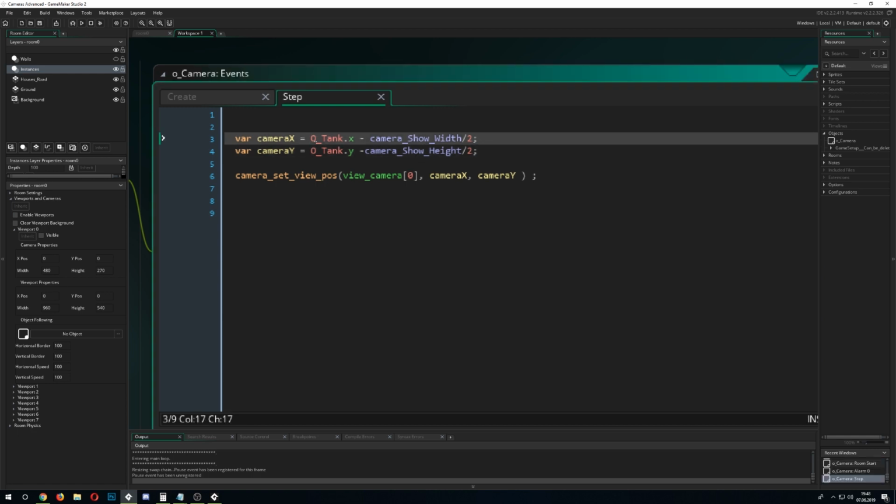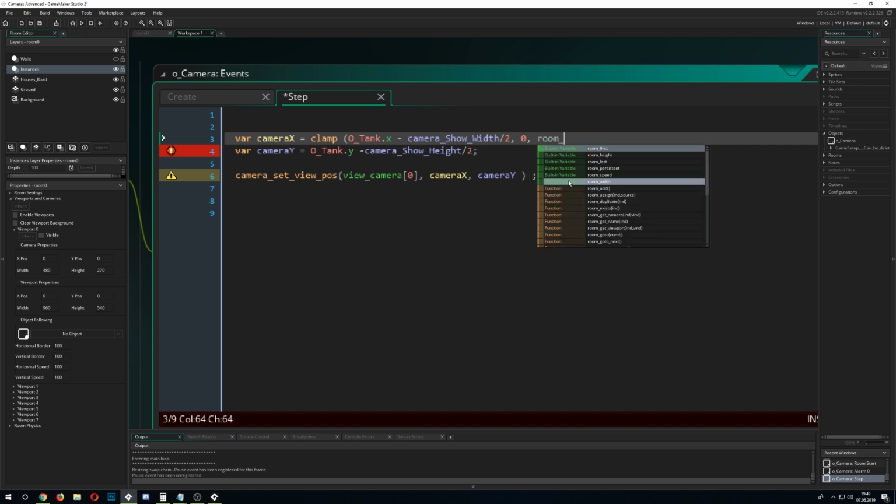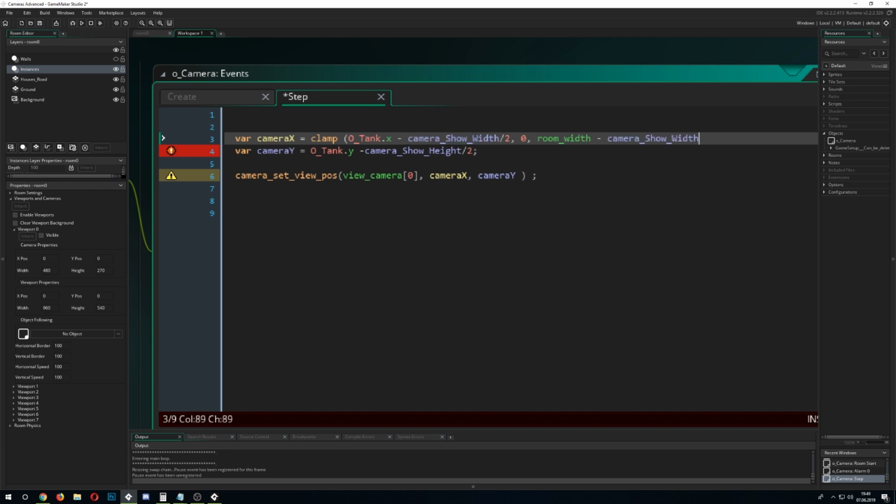We need to do a clamp function, so we clamp between two values, and this is how we do it. So we go clamp and we go for our half value as before, but now we say we don't want to go over the 0 value and we don't want to go over the whole room value. So we go for room width minus camera width, and the same for the